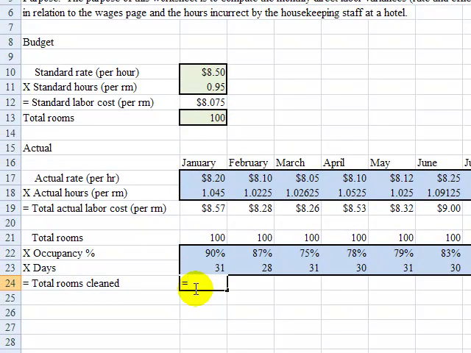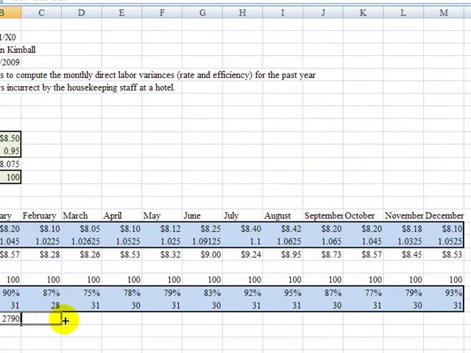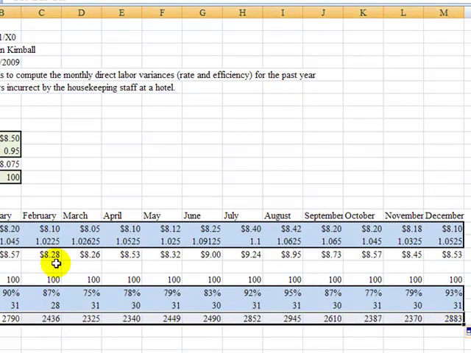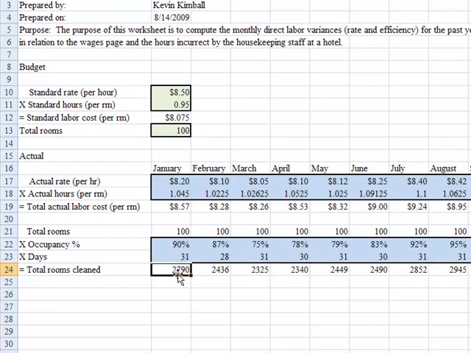So the total rooms cleaned would be equal to the total rooms times the occupancy rate times the number of days in that particular month. So in the month of January they cleaned 2,790 rooms, but February obviously will be less because there were only 28 days regardless of what the occupancy was. Occupancy was a little bit less, so already that's going to make the number of rooms cleaned lower, but there are also only 28 days in the month of February. So these were actuals. These are actual rooms cleaned, and that's going to be used in our calculations to compute our variances. So on row 27 here,